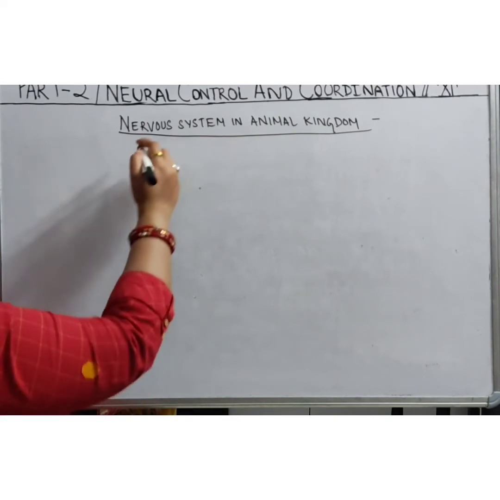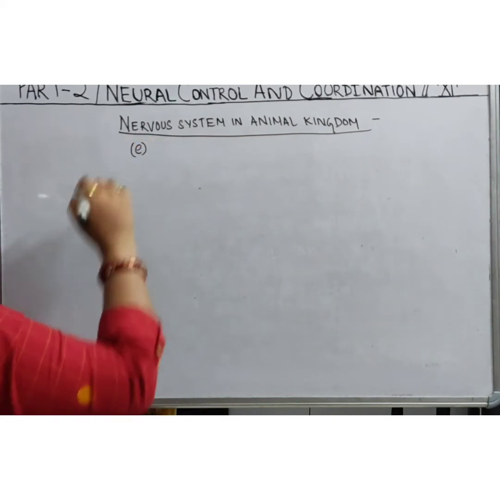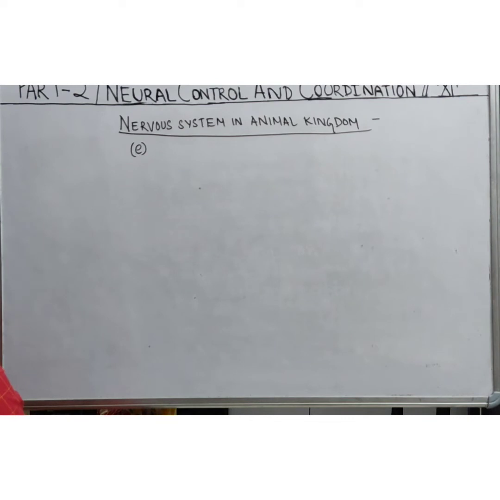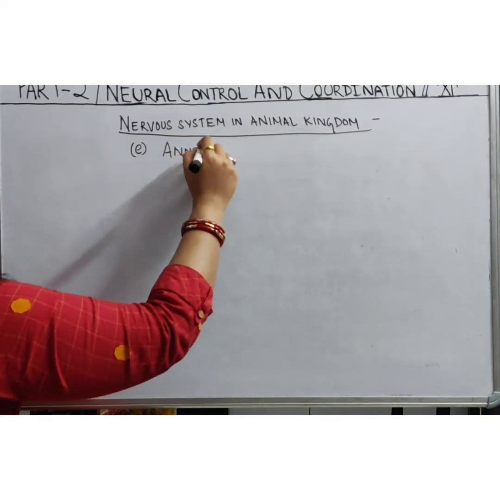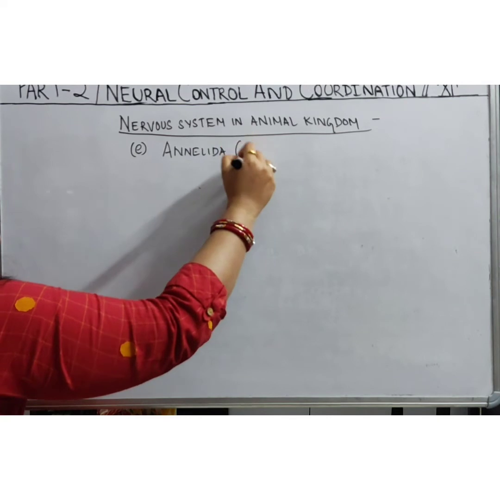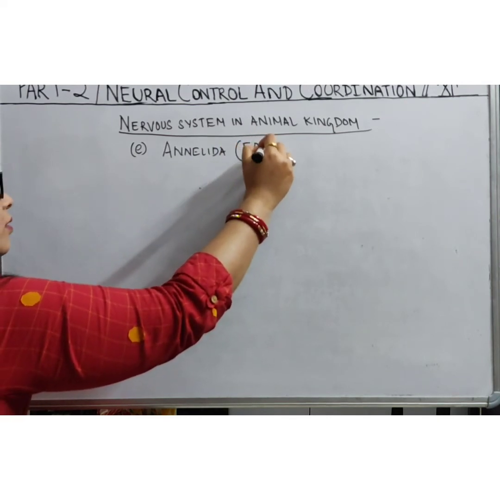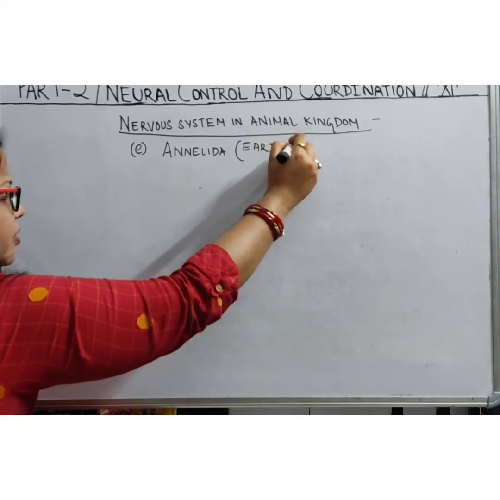So as we go higher in the levels of organization in the animal kingdom, we find the nervous system becomes more complex. Next we are going to talk about Annelida. It's a very easy kingdom to remember because